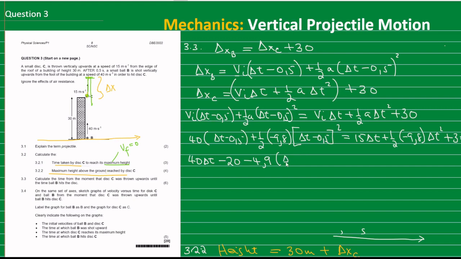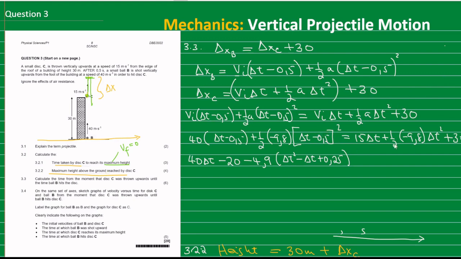This will give us delta t squared minus delta t plus 0.25, okay, squaring here, because what we have here is a delta t